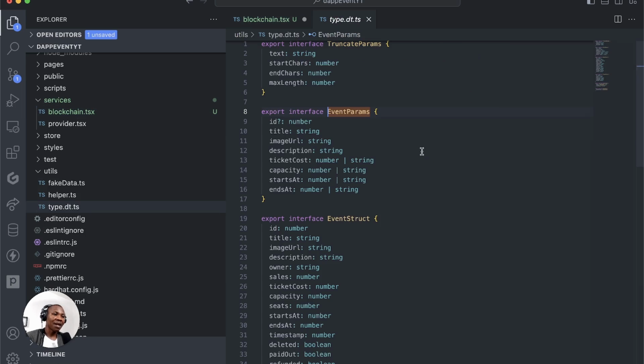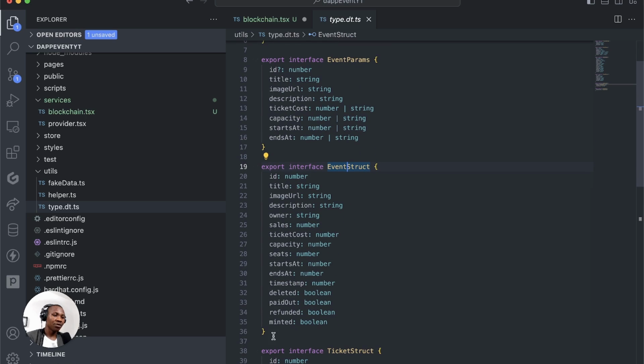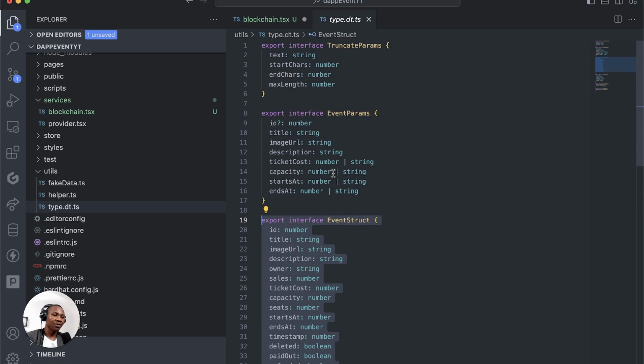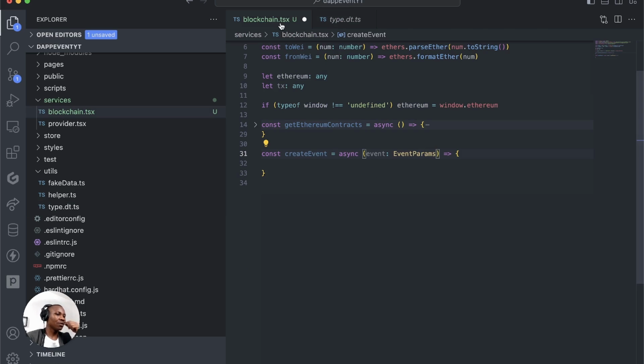EventParams is a little bit different from EventStruct itself. EventStruct is loaded with a lot of data coming from the blockchain, but these are just parameters that you want to use to validate that the data you're entering matches the correct types. So that's the difference between them. The first thing I want to do is check if we have an Ethereum